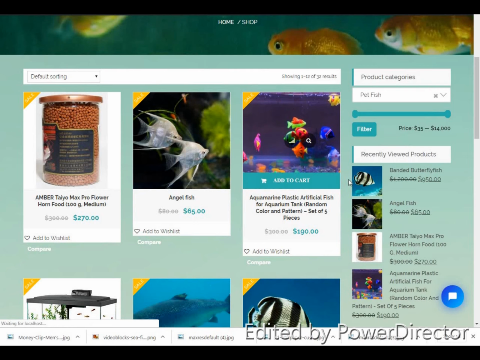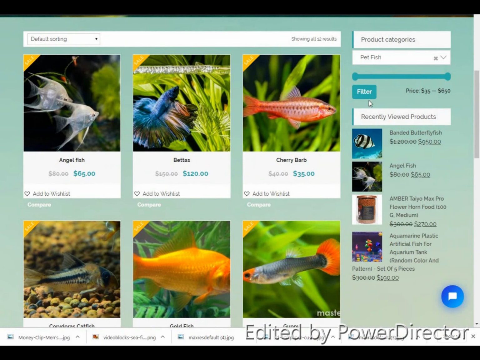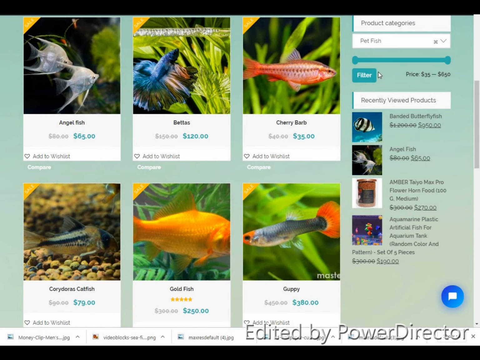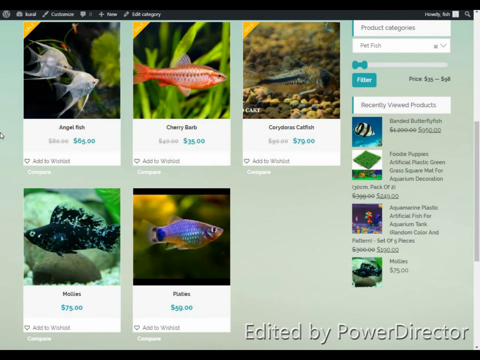product categories, and you choose the pet fish as the product category, and you get a filtered list of fish to actually choose from, and you can do a further filtering with a very smart looking sliding filter which you can use to filter on a price range. And you click on filter, and now your choice is further limited to the price range that you're looking at,